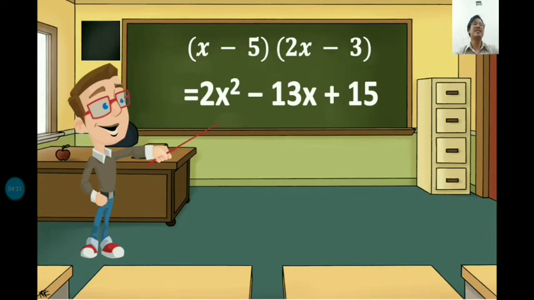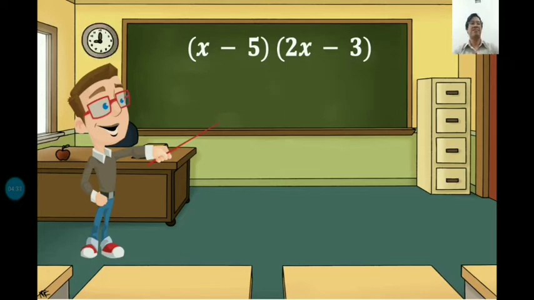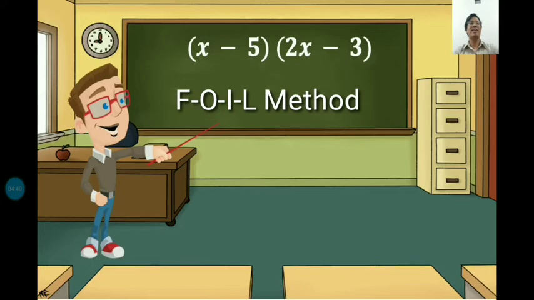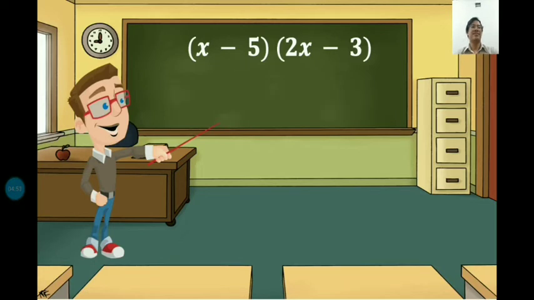Do you have the same answer? If not, let us solve this step by step. According to your previous lesson, in order to get the product, you have to apply the FOIL method. F stands for first term, O is the outer term, I is the inner term, and L is the last term. So in this case, let us find first the product of the first terms. The first term of the first factor is x, and the first term of the second factor is 2x. So therefore, x times 2x, the answer is